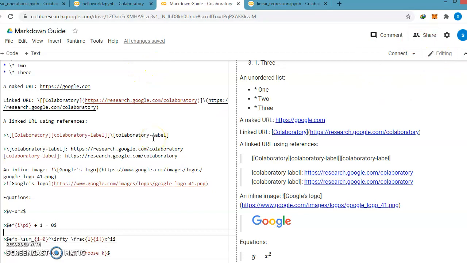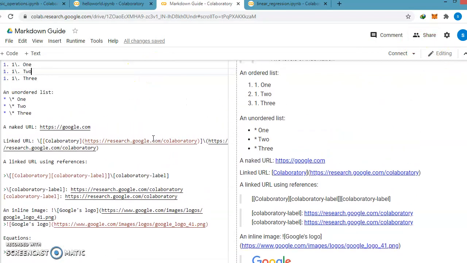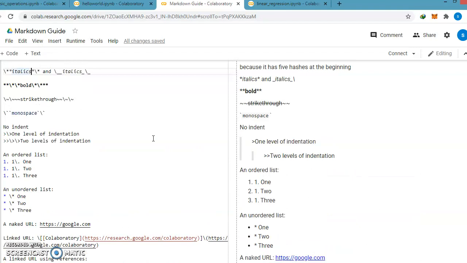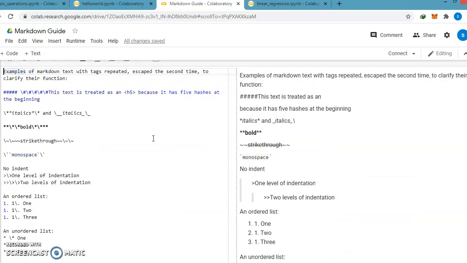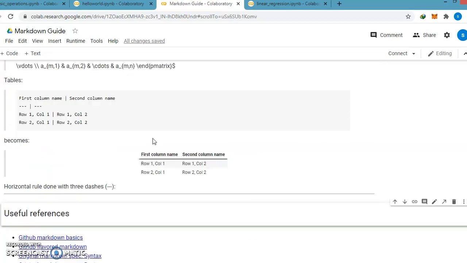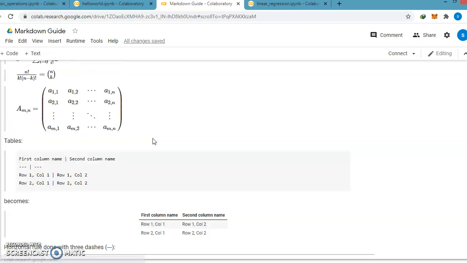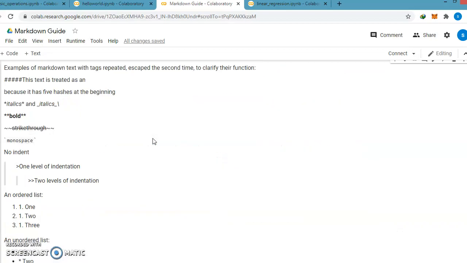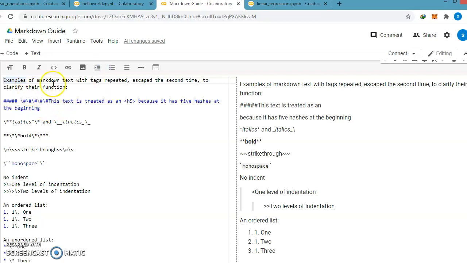Now, if you double click on the text cell, on one side the output will show, and on the other side we'll get the actual code. Now we see an example of markdown text with tags. See the various